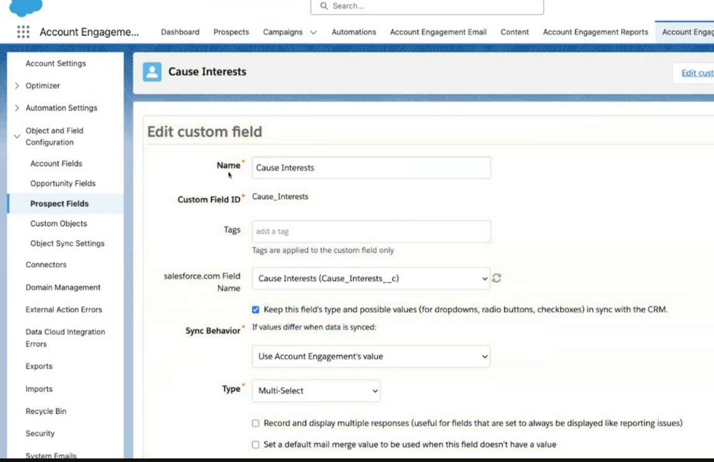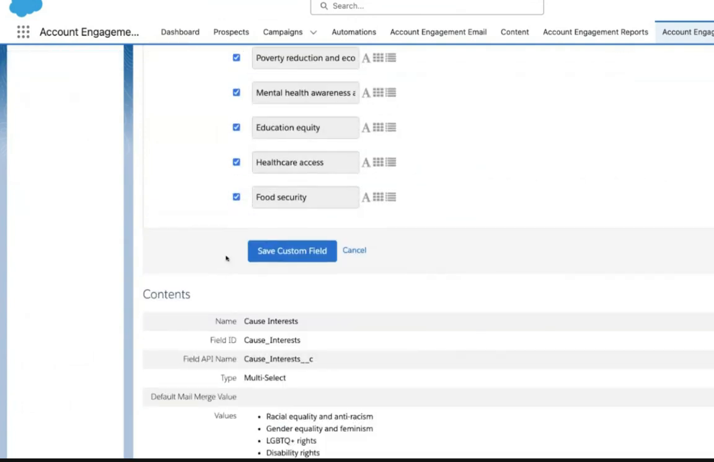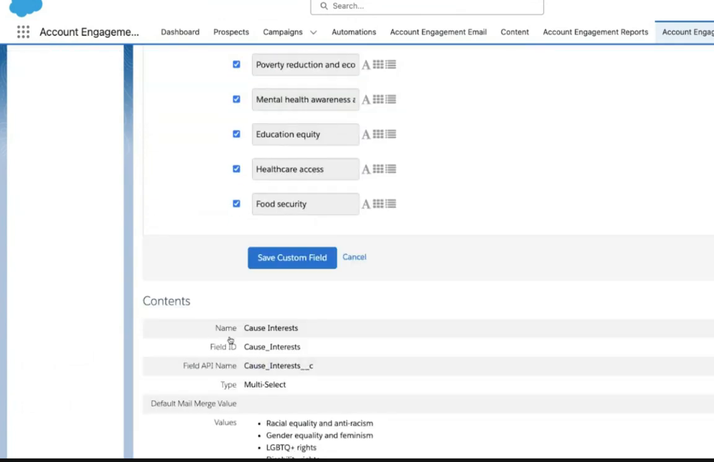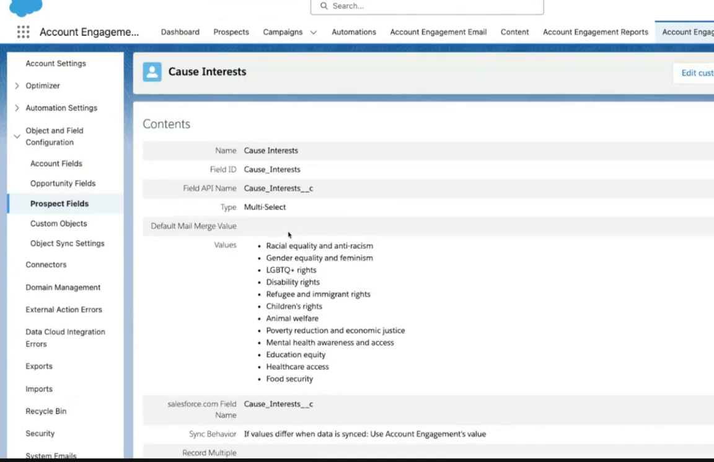You'll see that cause interest is mapped to the cause interest field in Salesforce. We opted into account engagement value as a sync behavior. Type is multi-select. Here are all of our values that are passed. And so on. The process is the same for every field in MCAE. And then the last piece,